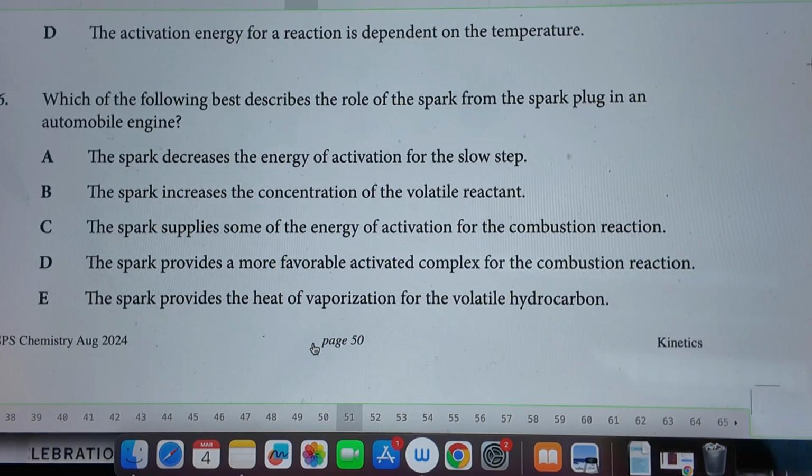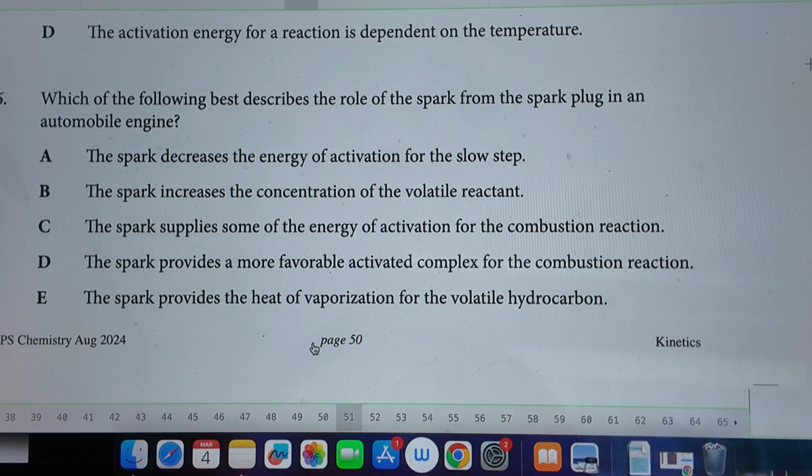Question number 6. Here we see, which of the following best describes the role of the spark from a spark plug in an automobile engine? So a spark plug